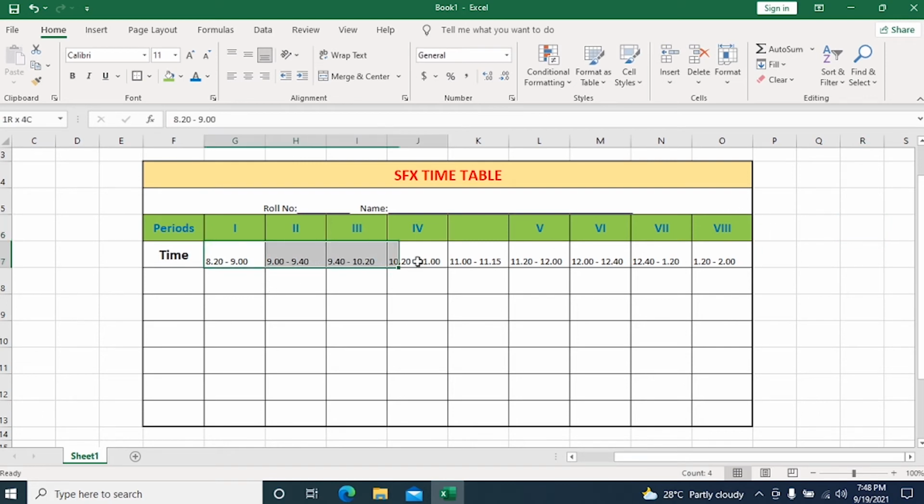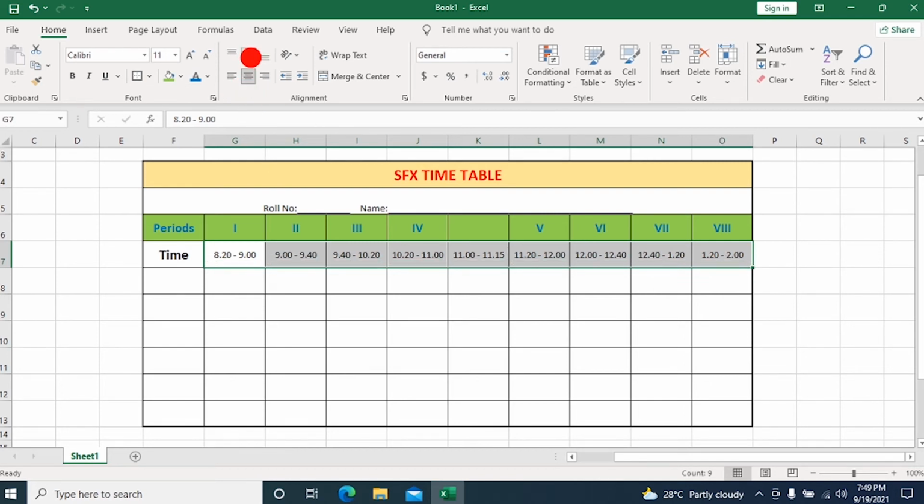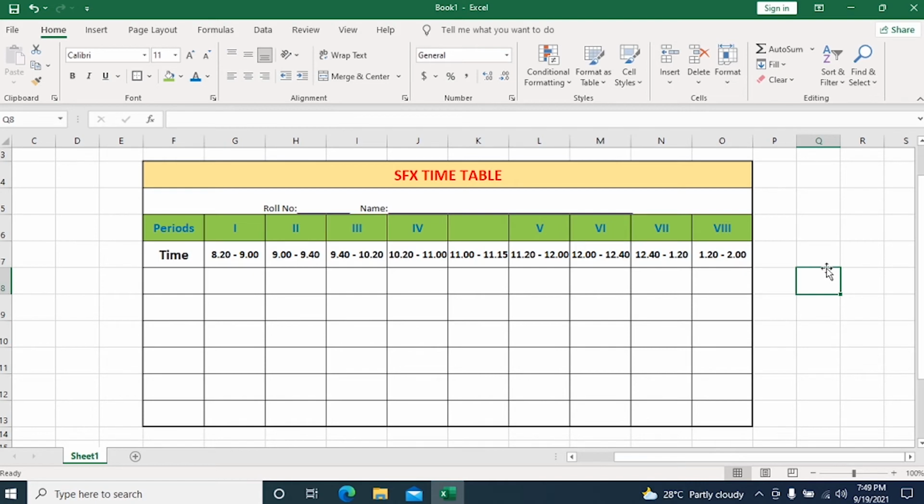So select all the cells, whatever you have typed, go to alignment, look at my cursor, click on center and click on center alignment, increase the font and say bold. Yes, done. Okay, now